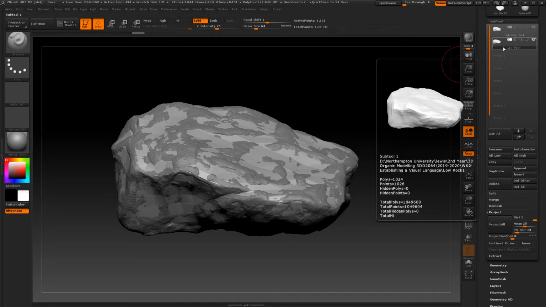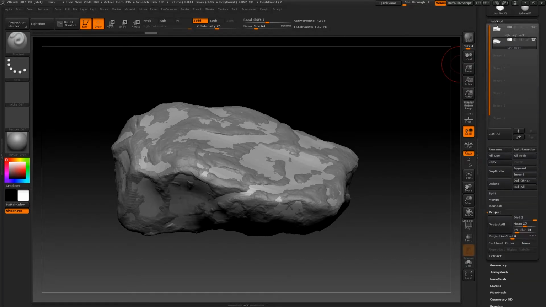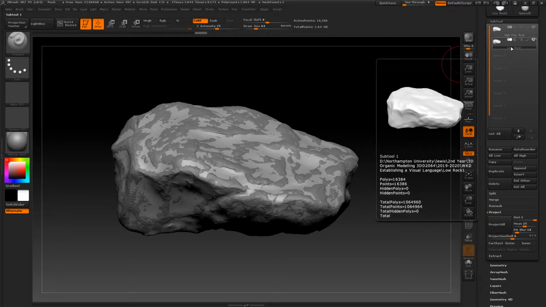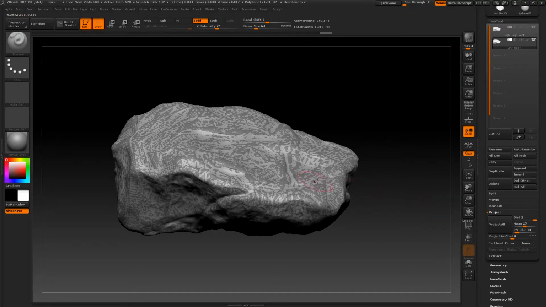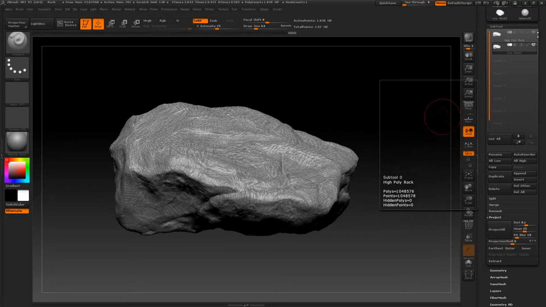With the low poly rock still selected, we continued this process. Subdivide and project. We continued this process all the way until the low poly rock had a similar resolution to that of the high poly rock. The more we subdivided the low poly rock, the lower the scan distance needed to be. We use a lower scan distance for smaller details and tighter results. With the low poly rock fully projected and more or less exactly the same as its original high poly sculpt,